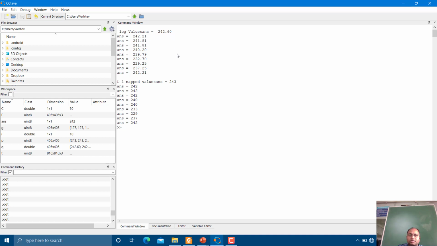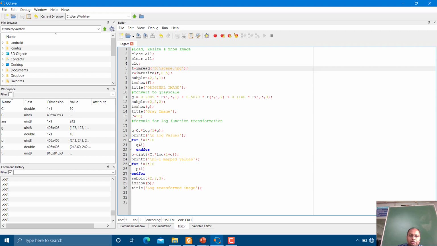So 242.60 has been converted into 243. It has been rounded to the next digit. Then this is 242.21, so 0.21 has been rounded off to 0, and it becomes 242, 242, 240. Likewise these values are coming. For that purpose I have taken this for loop.